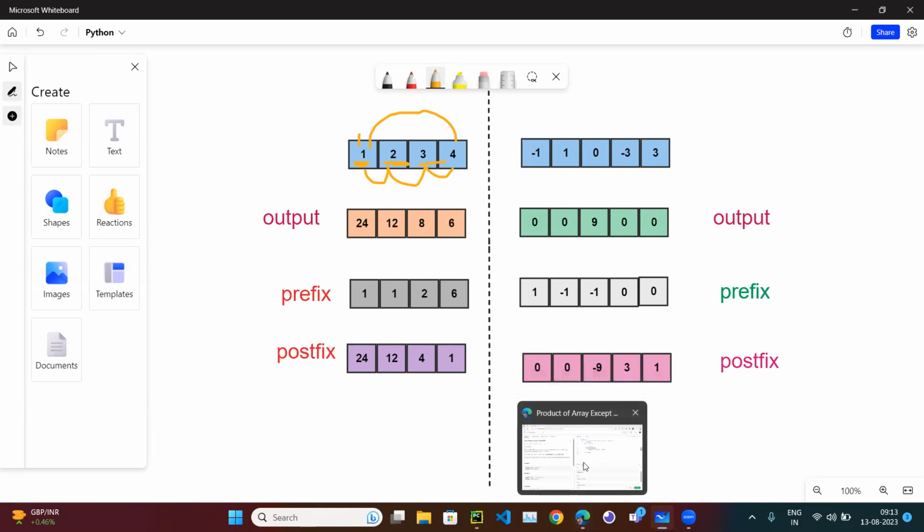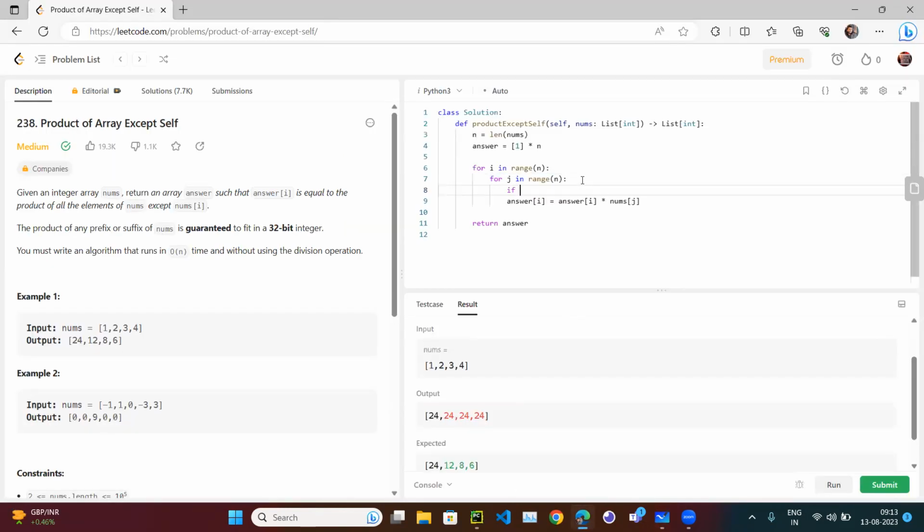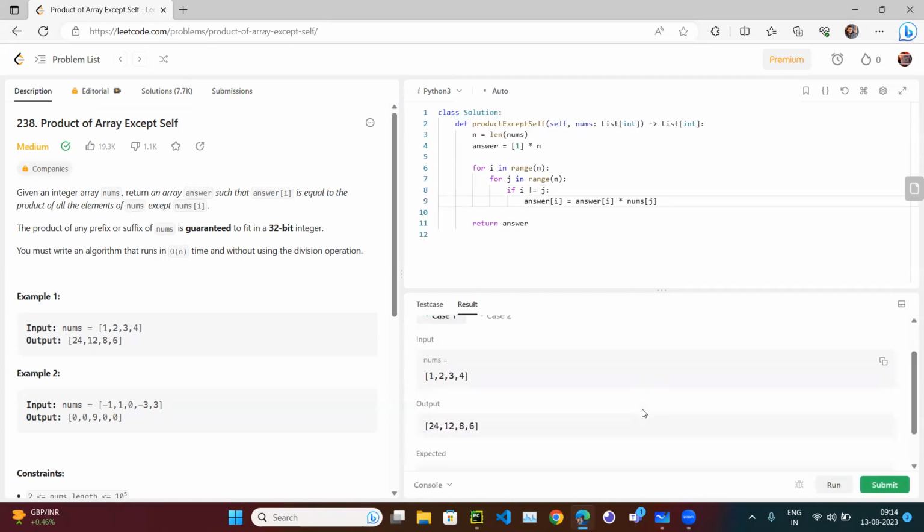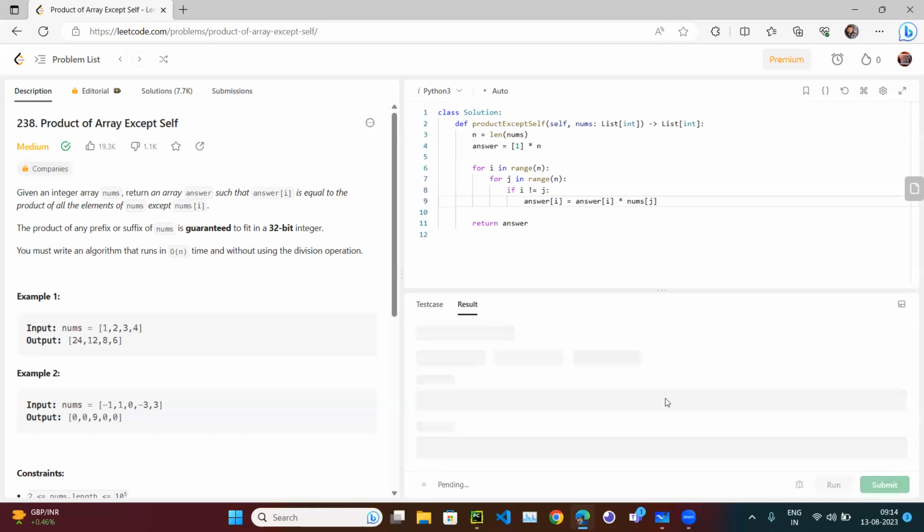So what you can do is put an if condition. So if I not equal to J, then you have to do the multiplication. Then you run it. So now you can see we are getting the correct answer. All right. Now if you try to submit it,